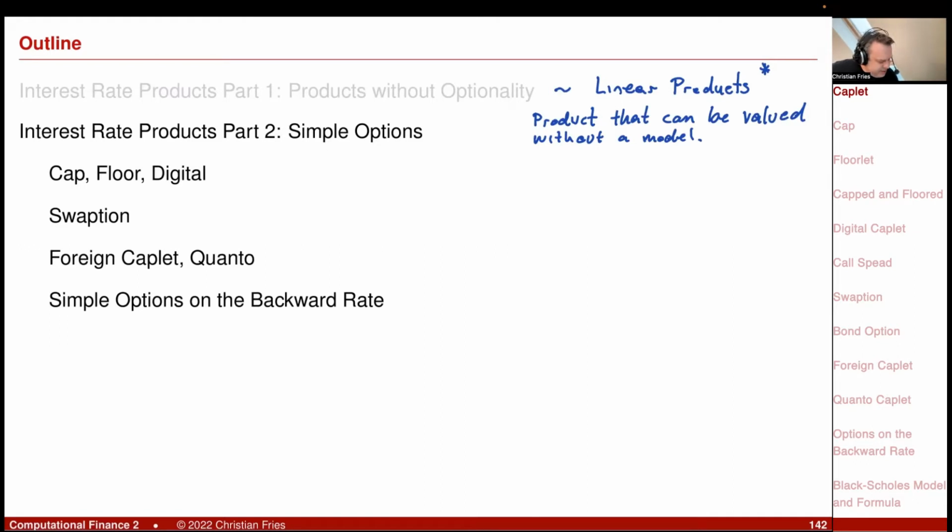So the section we will look at today, so these guys here, are to some extent nonlinear products. Well, the simple nonlinear product will be the option, that is actually this payoff here, yeah. So it has a little kink, the maximum of S minus K and 0, so the call option. So you could say this is a piecewise linear product, and this section is a little bit about valuing the piecewise linear products, and these are products